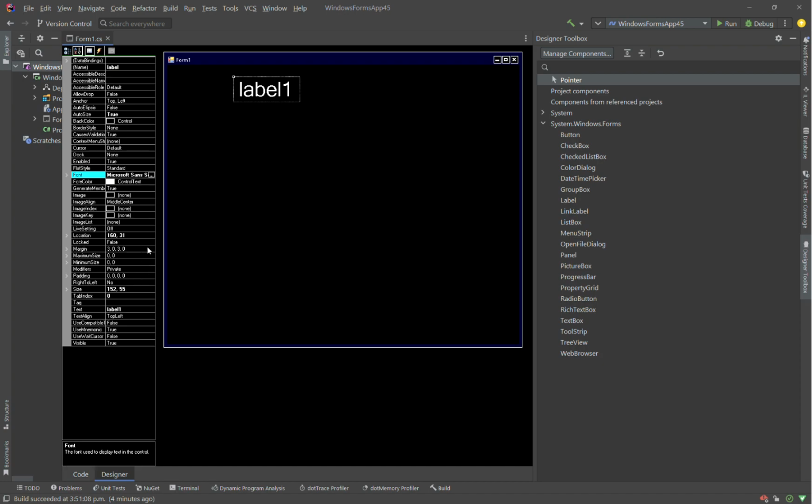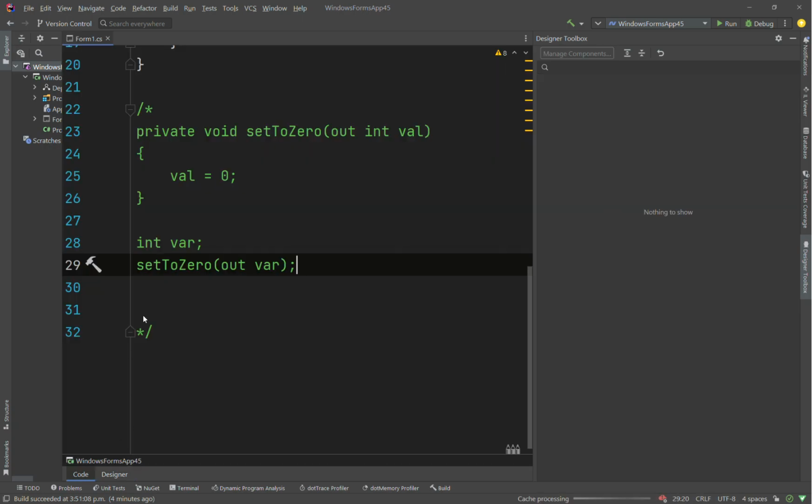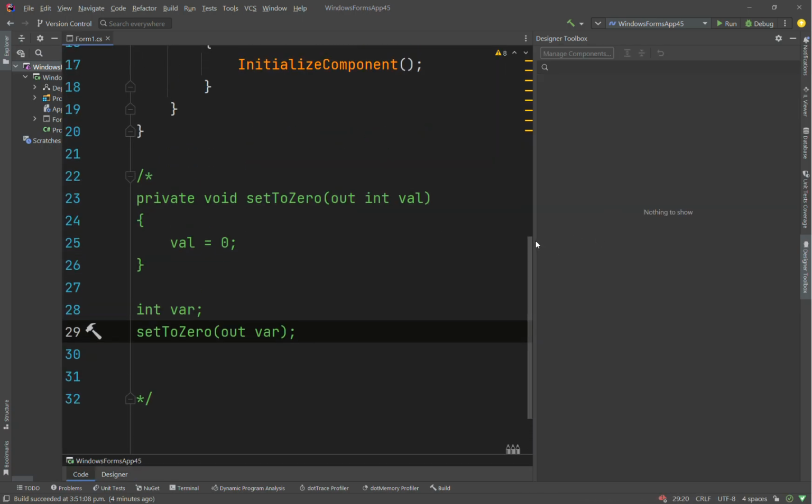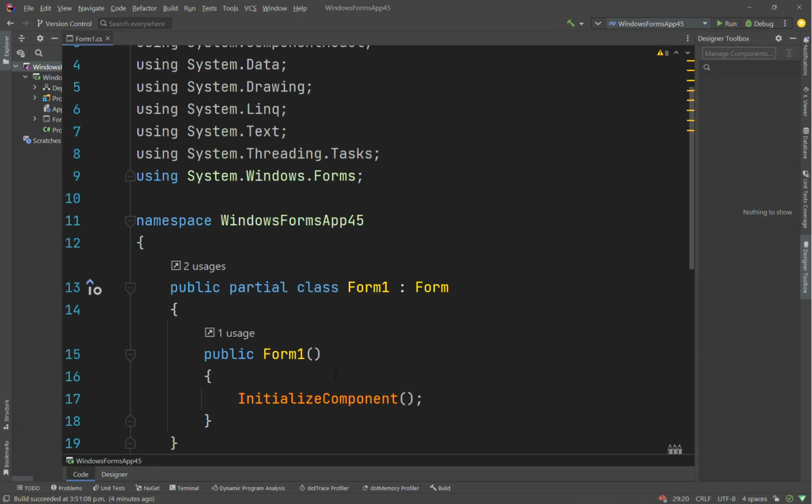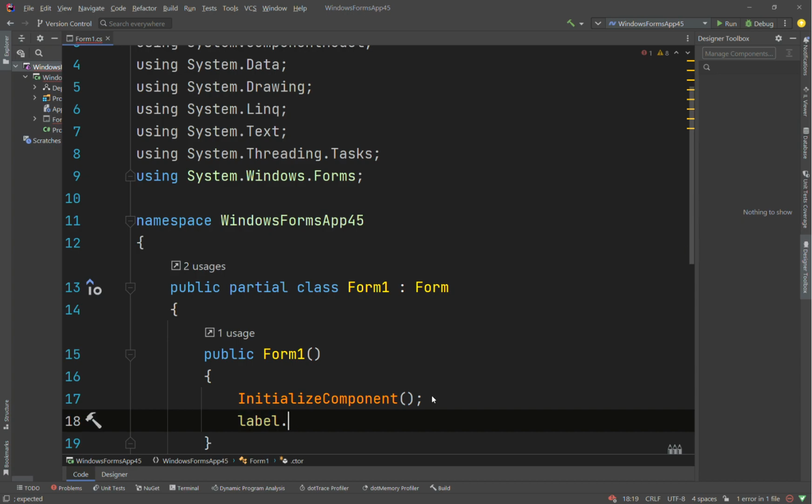Let's do that. Let's change this to some random value. We call this label. So here in the constructor, I hope this doesn't mess the design editor up. Last time I think it did. Hopefully it doesn't, so let's just go with label. It's a reference to the label here. It's a label, I was able to find it, so then we'll say label dot